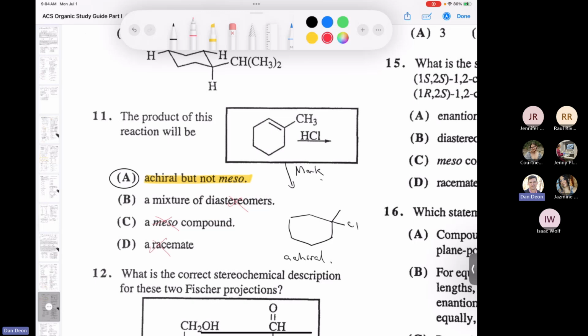So again, it's not a trick or anything. If you know what Markovnikov addition is, you can see there are no chiral centers in the product, so it's not chiral. And it can't be a meso compound, because a meso compound is achiral, but it would at least have 2 or more chiral centers in it. Anyhow,